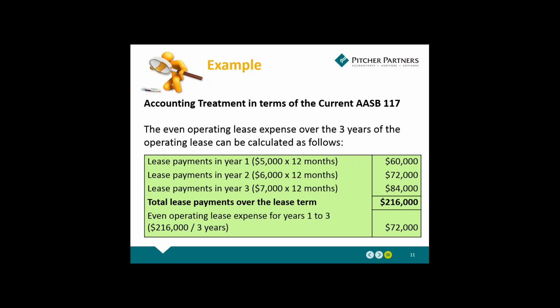I think what's important: how would users know about this operating lease that's in place? The only way they'll know is there will be a note in the financial statements, usually one of the last notes where we disclose commitments. So in that commitments note, we will say, listen, we've entered into an operating lease and we'll be making these payments over the remainder of the lease. So it's not in the balance sheet that we've got this commitment, it's in a note to the financial statements.